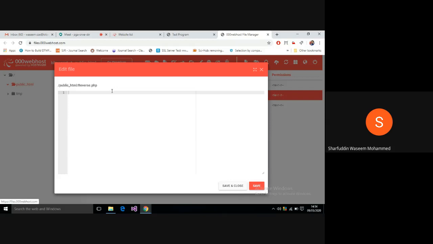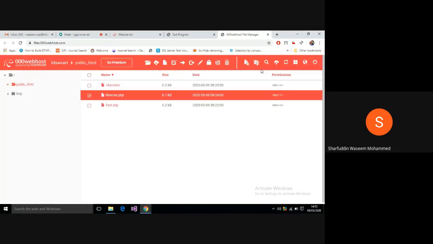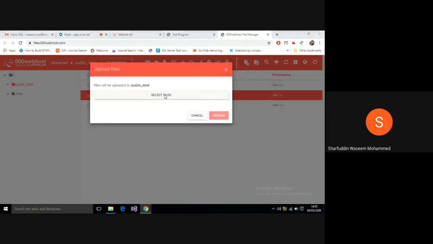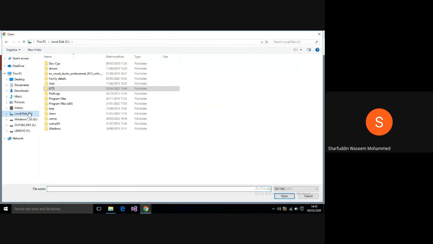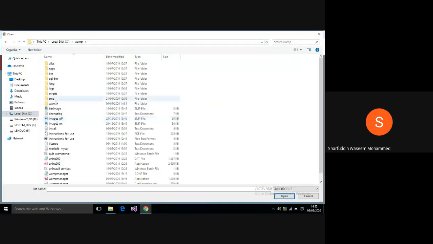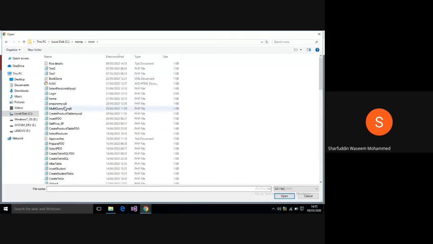Now you may have a doubt: sir, I have created my own web pages in my laptop, then how do I transfer those web pages? Actually here it doesn't provide the functionality to upload all the files at a time, because this is a free version. In your upgraded version it is provided, so you can directly upload files. You can select the file from your computer, like WAMP. In the www folder we already have these programs, and if you remember carefully, you will also have these programs with you.